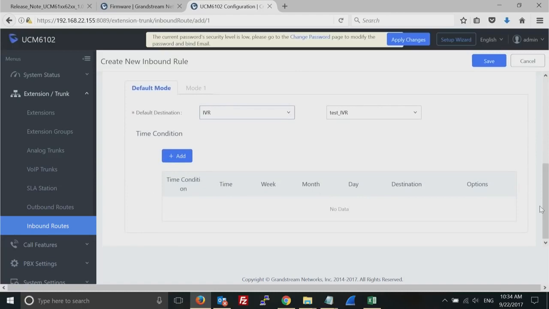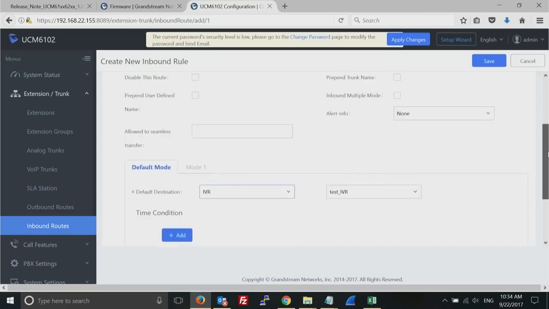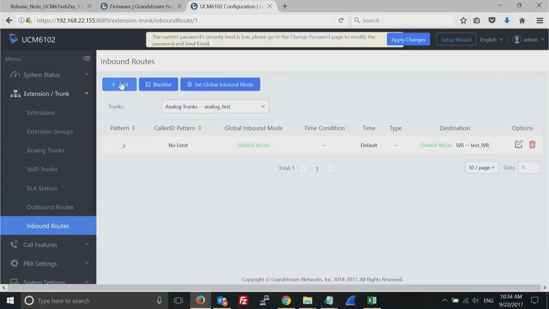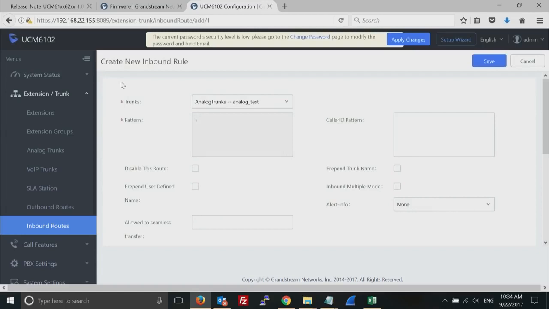You also have some time conditions, only from Monday to Friday, 8 to 6 p.m., send it to the main IVR, for example. And then after hours, send it to my second IVR, that is my off hours IVR. Okay. Now let's do an inbound route coming from my SIP trunk. So in this case,